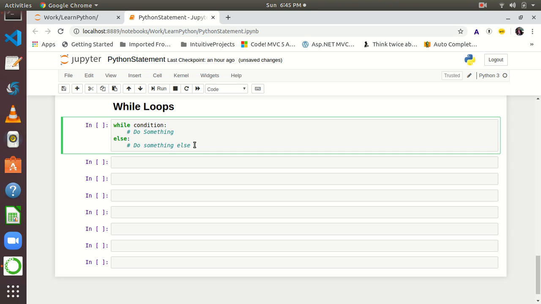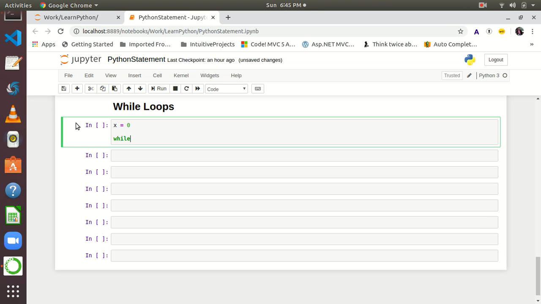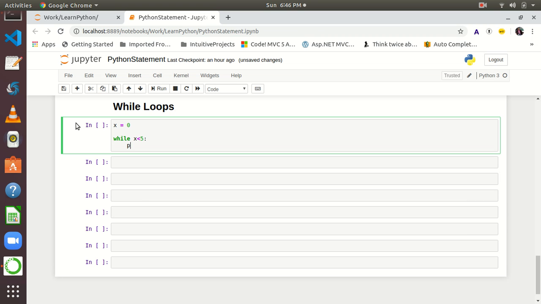So let's quickly check what we can do with the while loop. Let's say x is equal to 0. While, now we have to give a condition, while x less than 5, print. I want to print the value of x. I am using an f-string to format the string. The value of x is